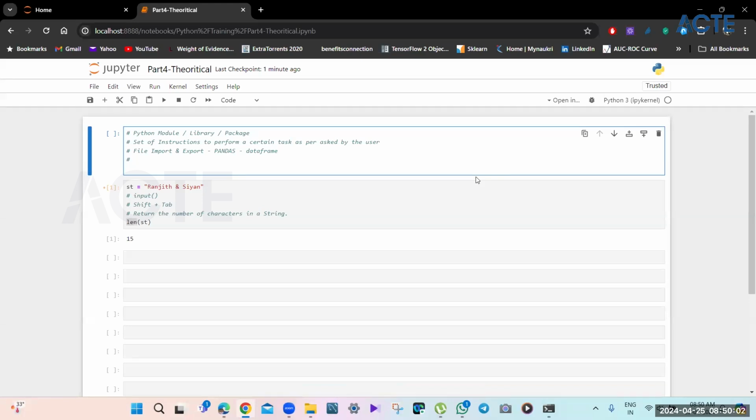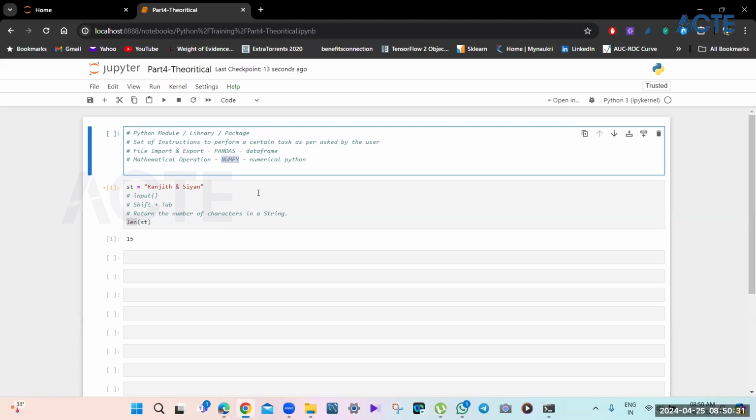Now, for doing mathematical operations, there is a package that we have. The name is NumPy. NumPy stands for numerical Python. NumPy will help you deal with all sorts of mathematical calculations that we do.